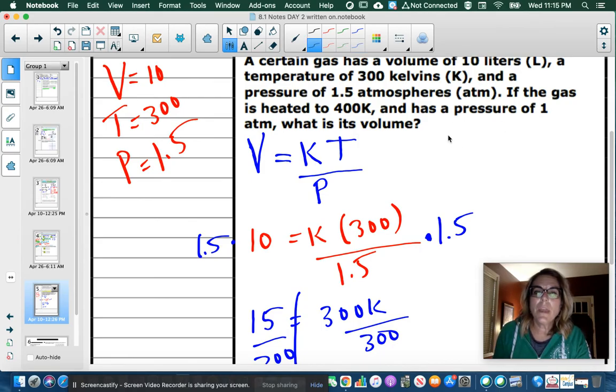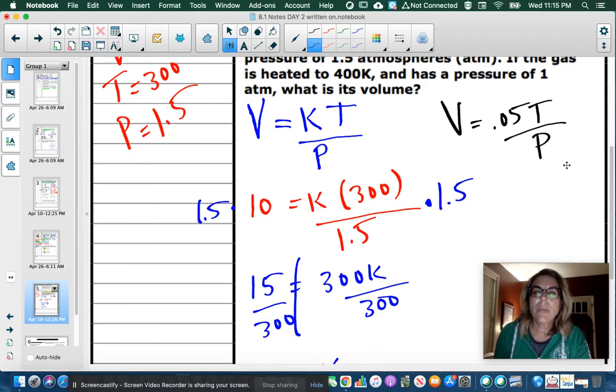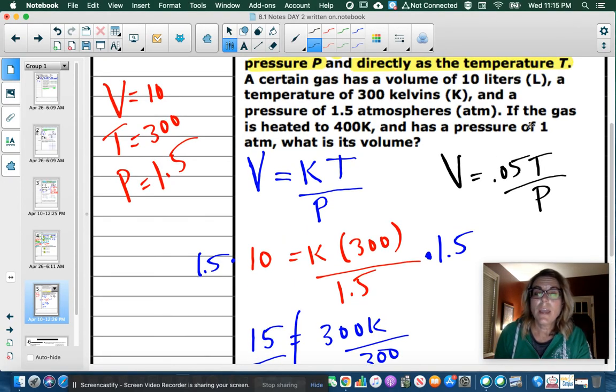All right, so now we have V equals KT over P. Remember, now we plug it in, and we don't plug in what T and P are yet because we have to read the question and see what we're going to do next. We've already used 10, 300, and 1.5. Can't use those again. Now, if the gas is heated to 400 K, that's our temperature, and has a pressure of 1,